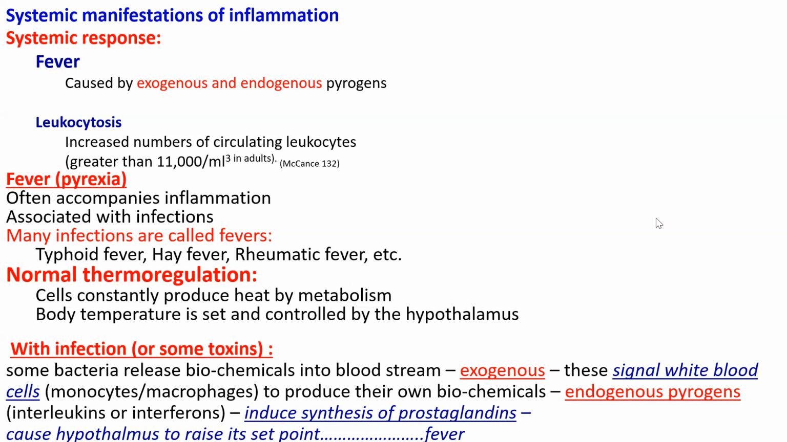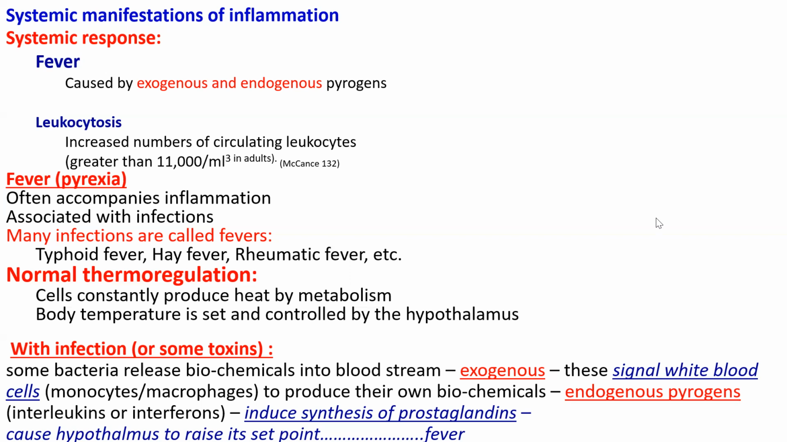So the body temperature is set and controlled by the hypothalamus. These pyrogens are going to change the set point at the hypothalamus and elevate the temperature. When there is an infection or the presence of toxins, some bacteria will release biochemicals into the bloodstream, and those are called exogenous pyrogens, which are the lipopolysaccharides of gram-negative bacteria. So these are the toxins that are released as pyrogens, in which these will signal